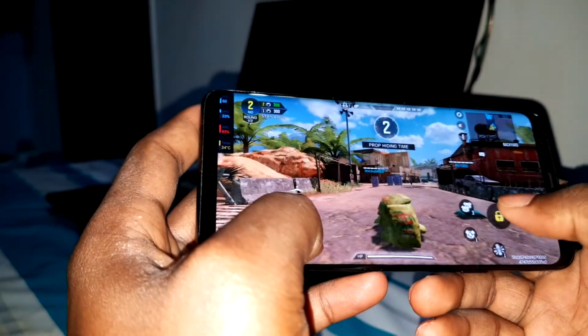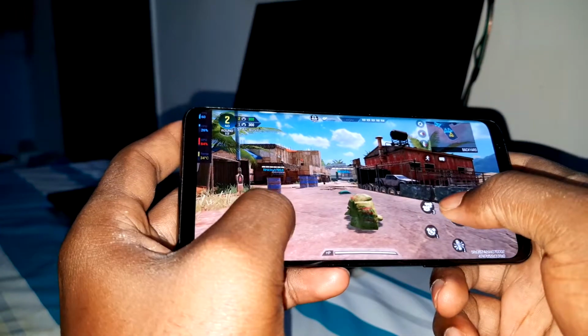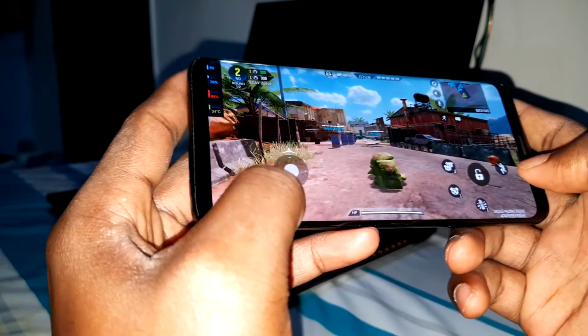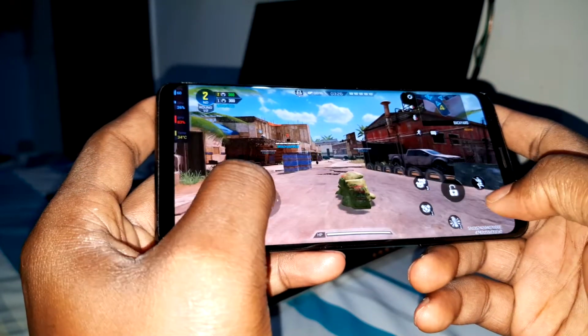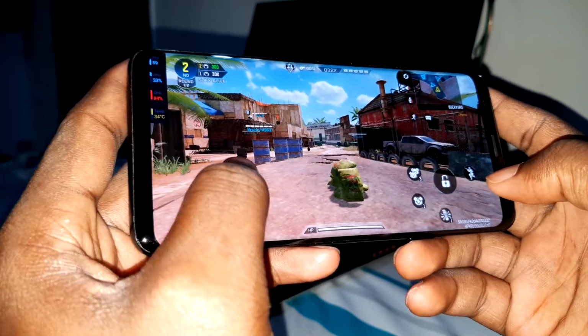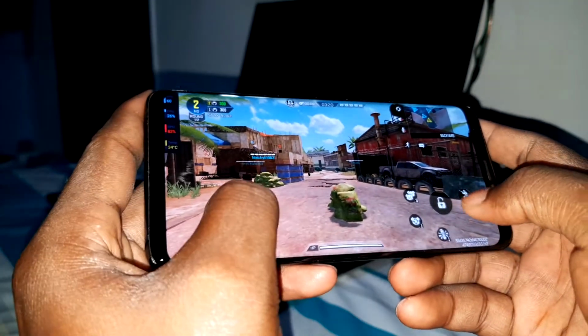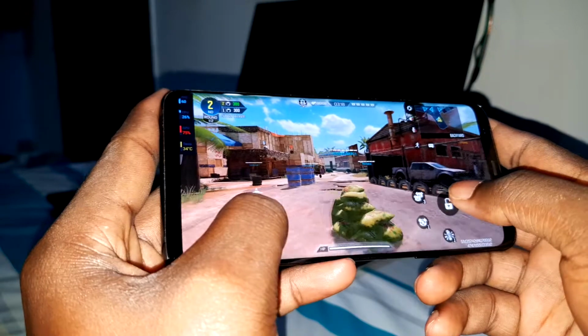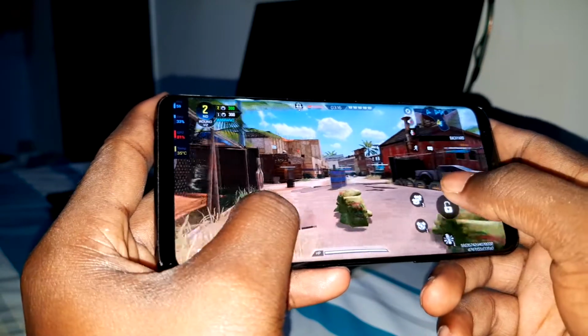Okay. Look. You can play. Oh, what is this? Look at in front of me. Look at the FPS in the corner. Oh, what are you doing? What can I do?